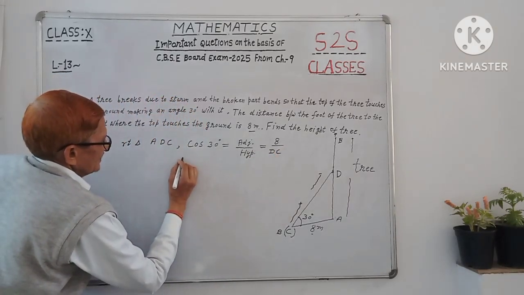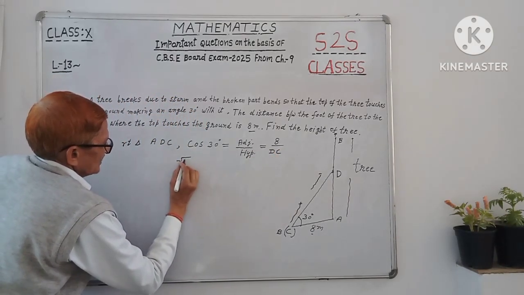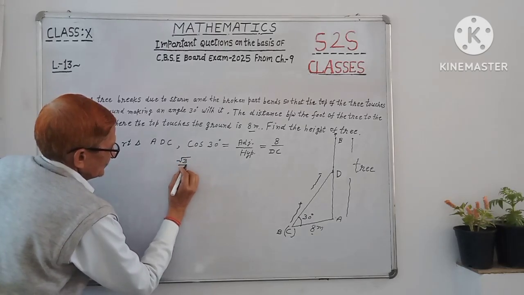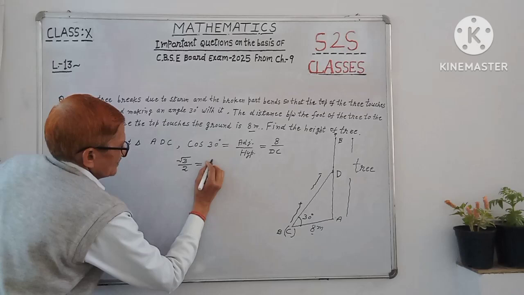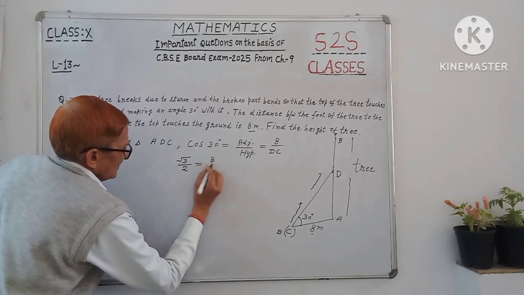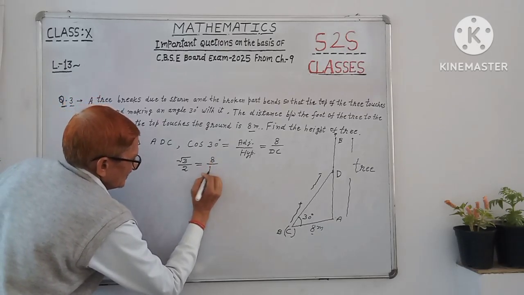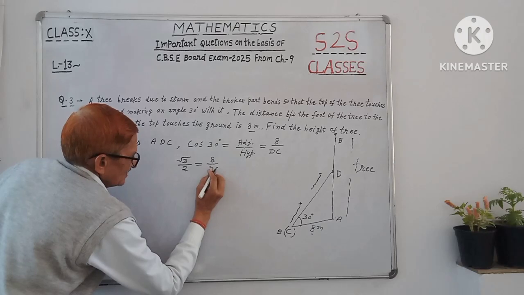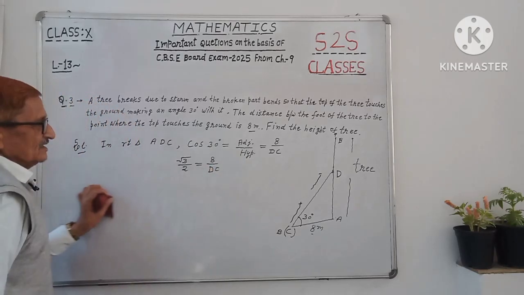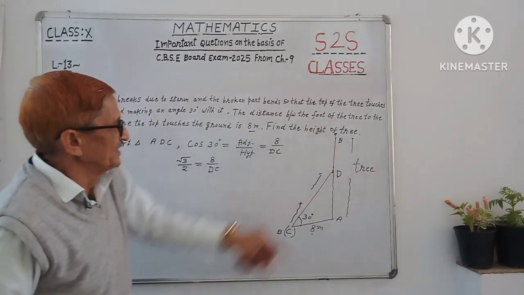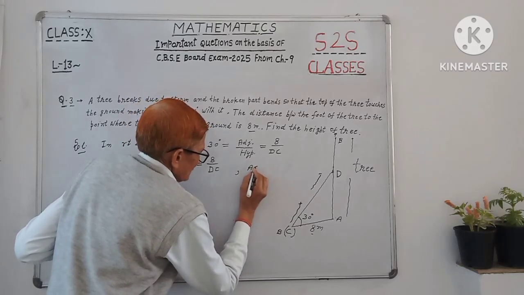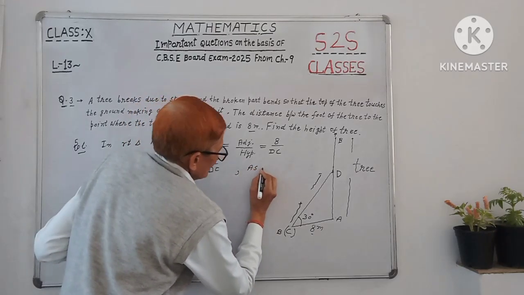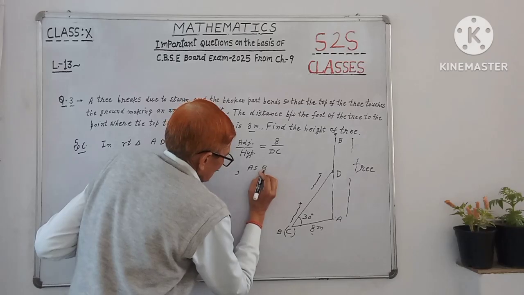Then cos 30 we know, cos 30 value is root 3 by 2, so cos 30 is equal to 8 upon DC. This DC will be equal to BD, as according to the question, as BD